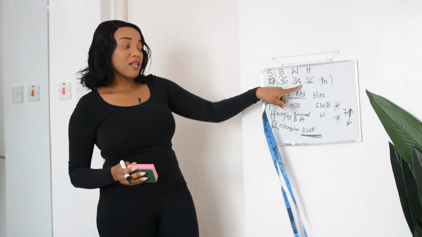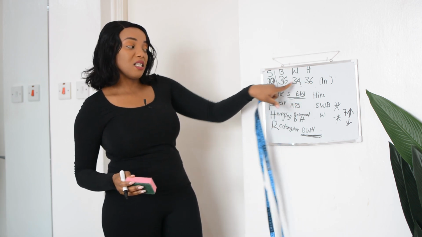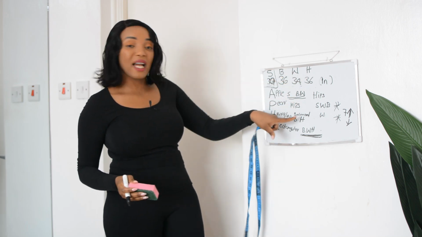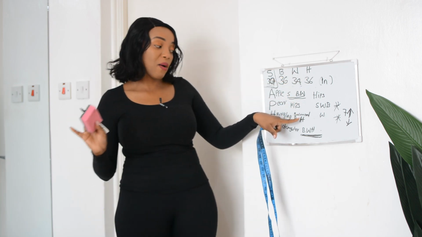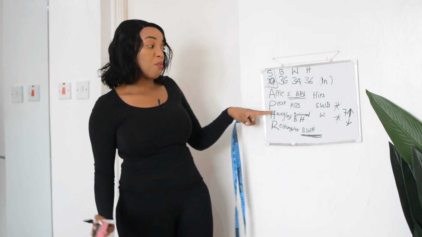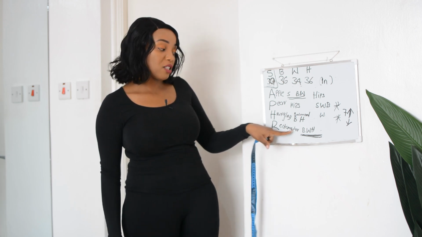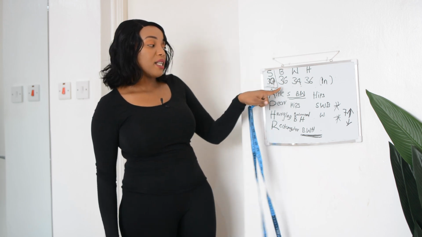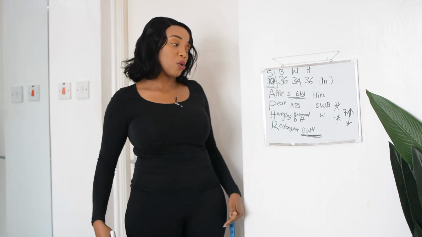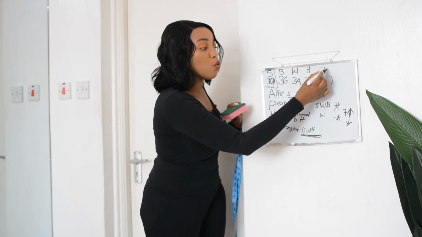As much as this person has their waist being the smallest area, you can see that the difference is not much. It's only 2 inches. So we cannot make this person fall under an hourglass. They cannot fall under an hourglass because, as you can see, the differences in their inches is not so much. So this person automatically falls under a rectangular body shape, because when it comes to the difference in inches between the bust area, the waist area, and the hips area, the difference is only 2 inches.